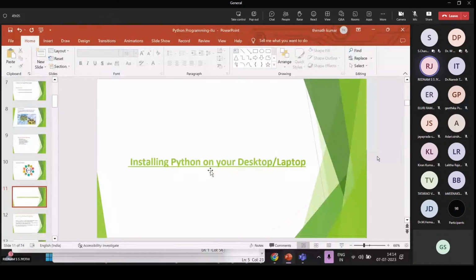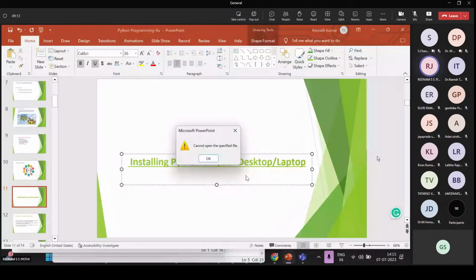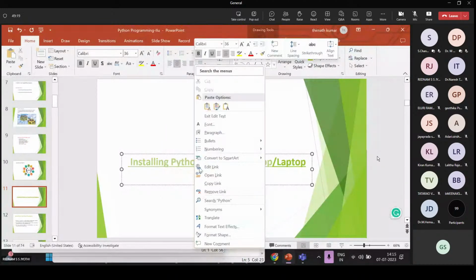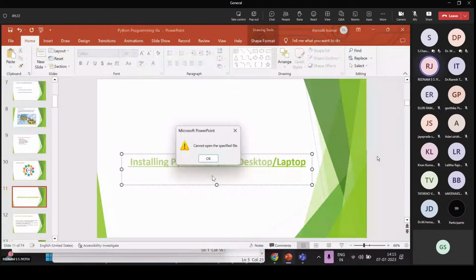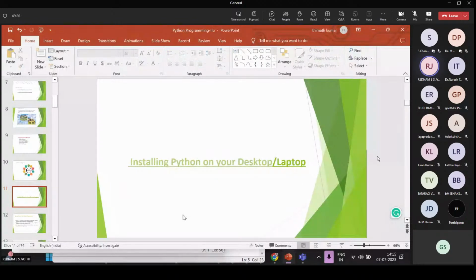And this is installing Python on your desktop or laptop. There is a process.